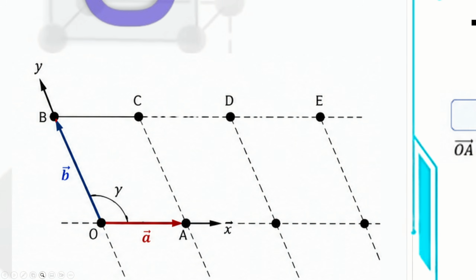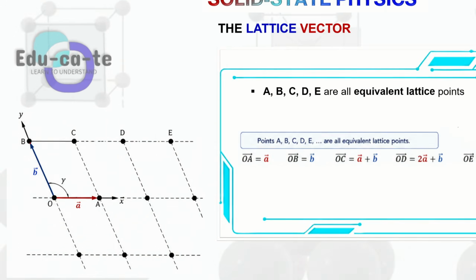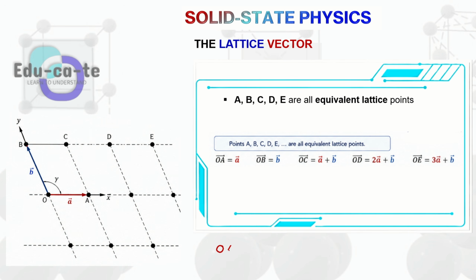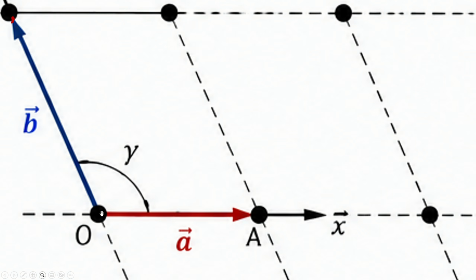Okay, so this is my y-axis, this is my x-axis. In this coordinate system that I've decided to adopt, I can say that to move from this reference point, which is point O, to point A, I need to move 1 times vector A. For me to move from point O to point A along the lattice, I just need to move this vector once, because you can see that this vector is between point O and point A.